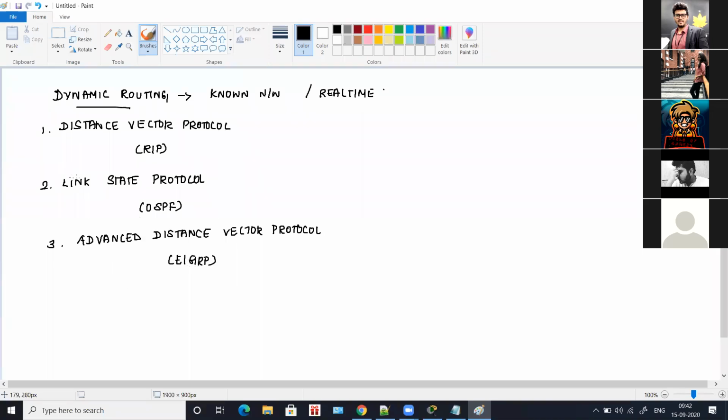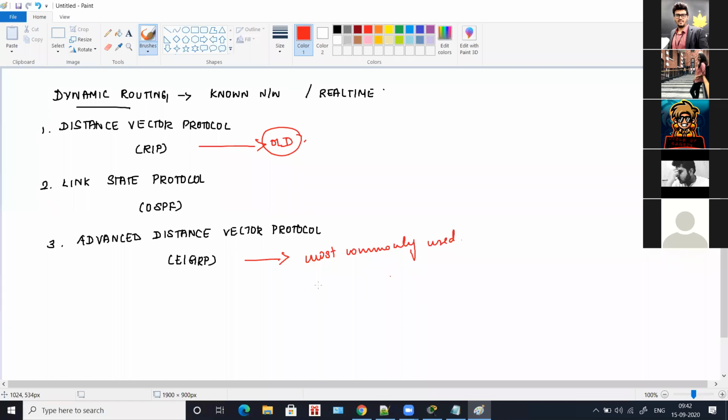So you have three types of protocol: one is the distance vector protocol, another is the link state protocol, and another is the advanced distance vector protocol. In this, RIP is old and mostly not used. We have OSPF and we have EIGRP. OSPF is also a bit old, because the most commonly used protocol is EIGRP.